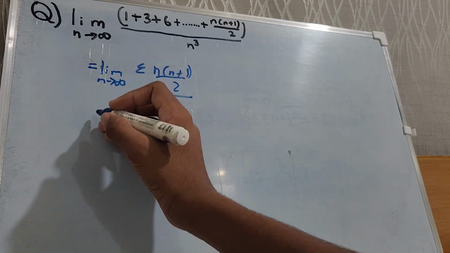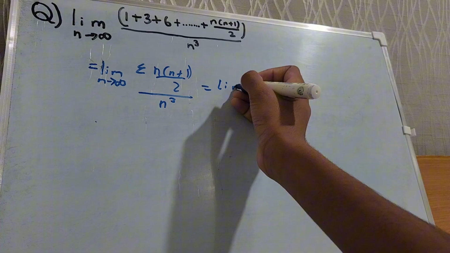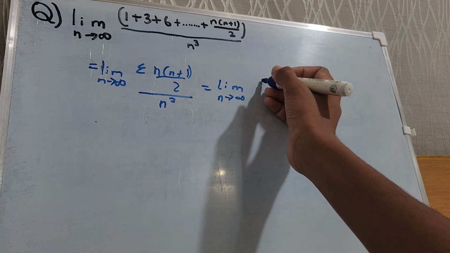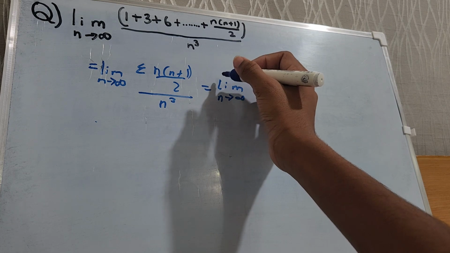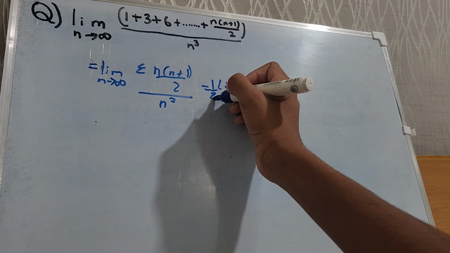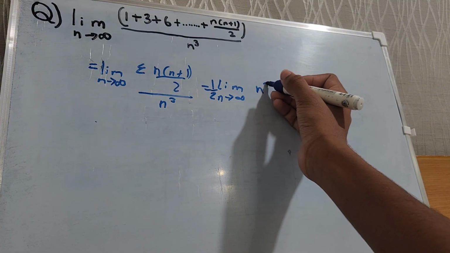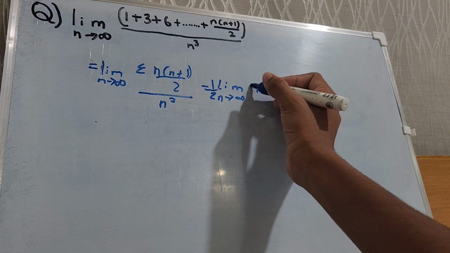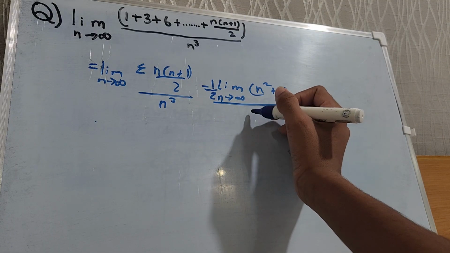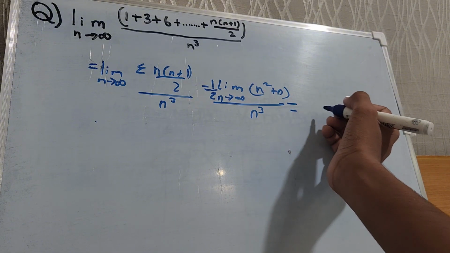Now we can take 1 by 2 common. Limit n tends to infinity n square plus n by n cube, which is equal to